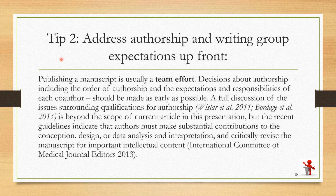Publishing tip 2, address authorship and writing group expectations upfront. Publishing a manuscript is usually a team effort. Decisions about authorship, including the order of authorship and the expectations and responsibilities of each co-author, should be made as